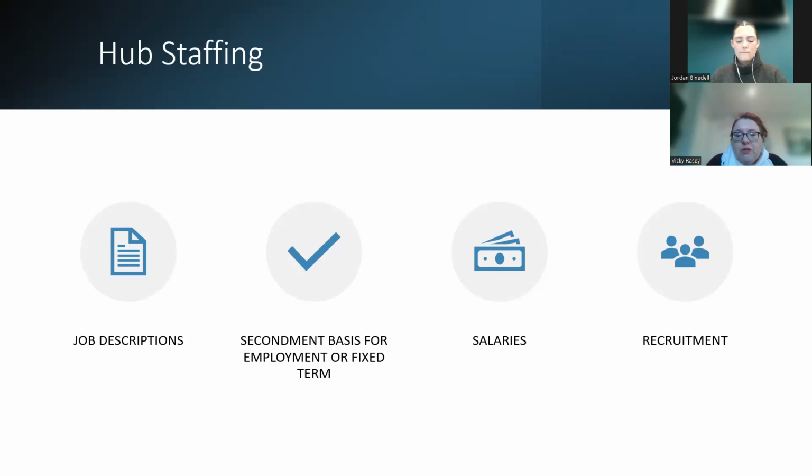The jobs will be on a secondment basis, ideally. So we would like to second from the region where possible. This will mean that their current jobs remain open. Some of the key ideals around that is currently the funding is only up until March 2025. We do have plans to extend it further on than that, but we do need to make sure that we've got a worst and best case scenario in our contingency plan. So for the first year or so, it'll be on a secondment basis. If we are unable to recruit on a secondment basis, then we will offer fixed term contracts for that time.